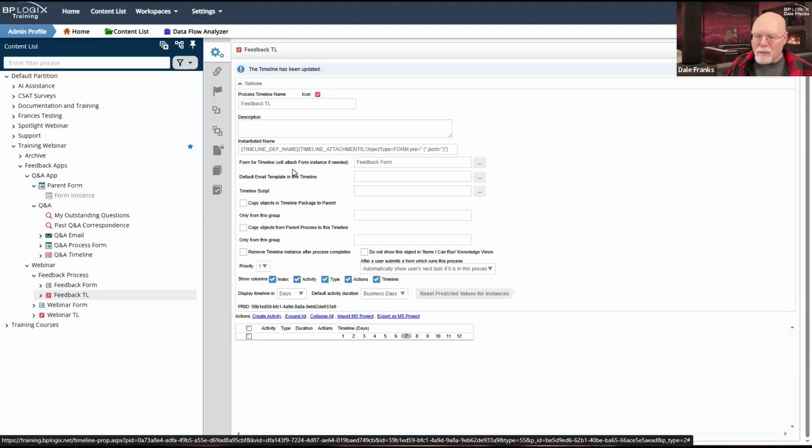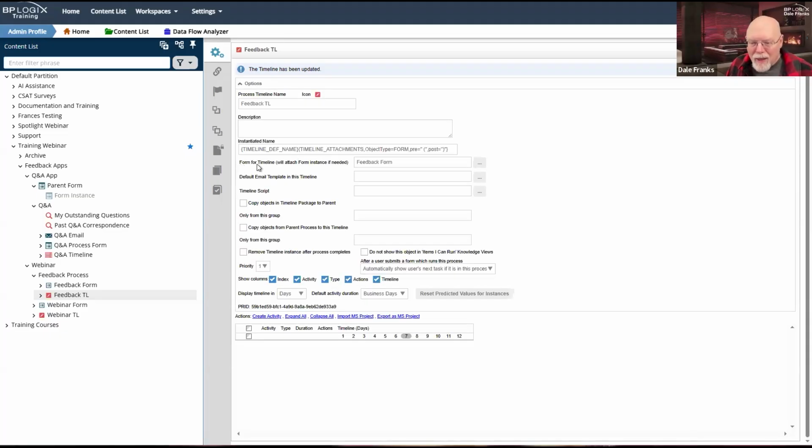Now, I should point out once again, this is super important. We are going to be invoking this timeline directly from our parent object. And so it's super important that we have that feedback form associated with the process timeline. I've noticed a lot of times people don't do that.